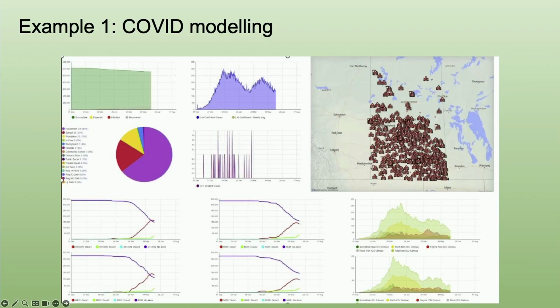I guess you can see in the picture on the top right there, that there's many different hospitals, many different communities, many different schools and workplaces all across the province, 1.2 million people. So we had an agent-based model that essentially looked at the COVID as it progressed through the community. So this is a model that essentially took as its core the dynamics outside of the healthcare system to generate estimates about what the demand might be, to help operational leaders come up with 1, 2, 3 week decisions around